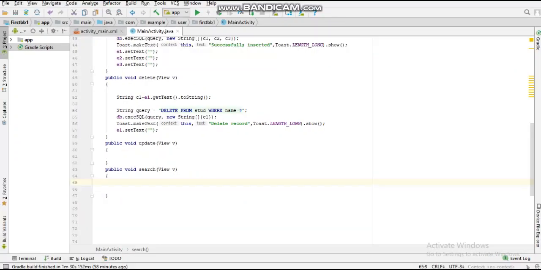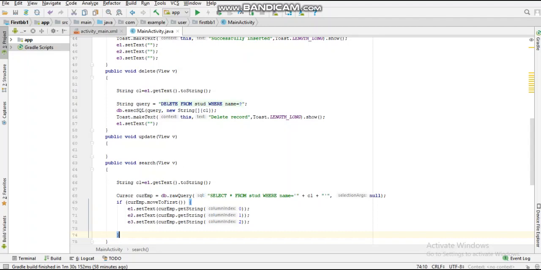Going to write the code for the search button. First I get the name of the student from the text box, and then I search for that record in the student table. Select star from student where name is equal to c1. A cursor is used to create a virtual table of the student. To traverse all the records in the virtual table, we use this loop. First it points to the first record. To point to the first record, we use the moveToFirst method,